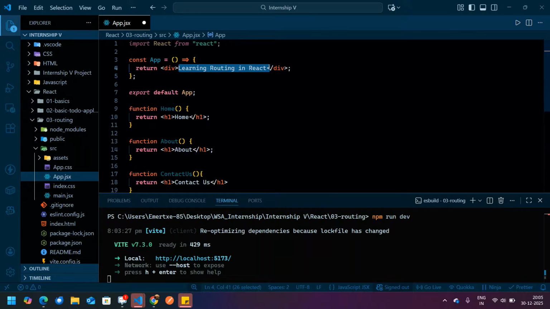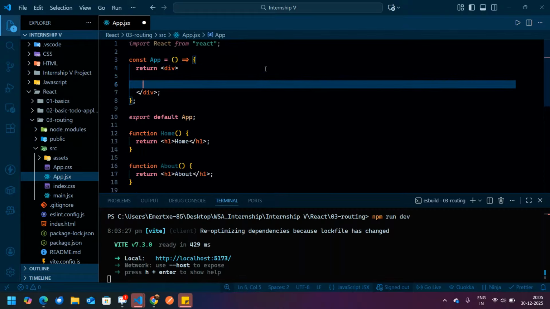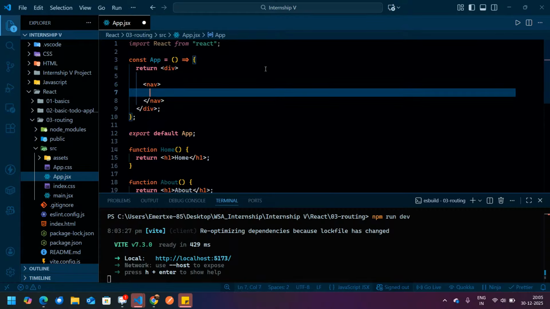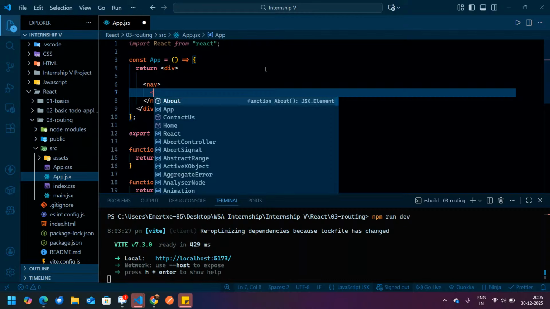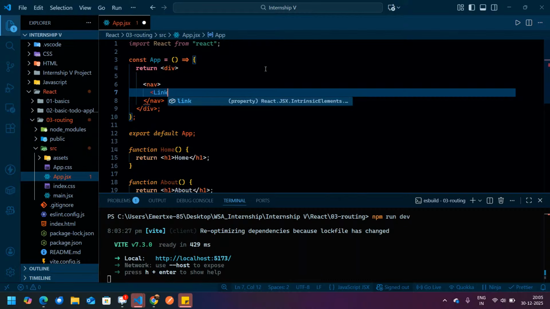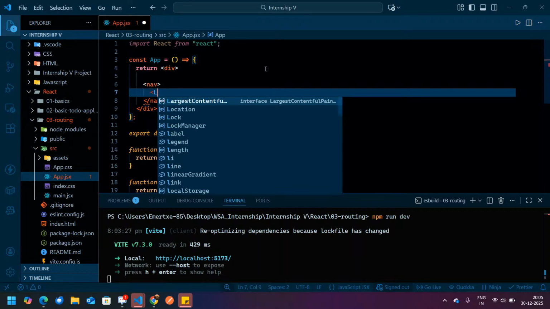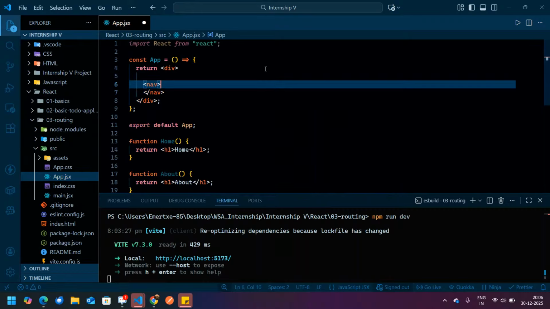So what I want to do is write a navigation bar. In this navigation bar, you can write like this, Link.